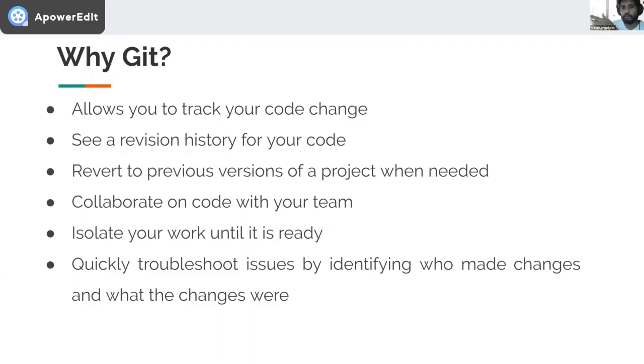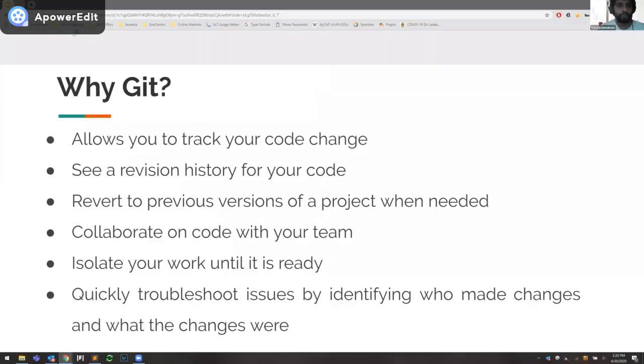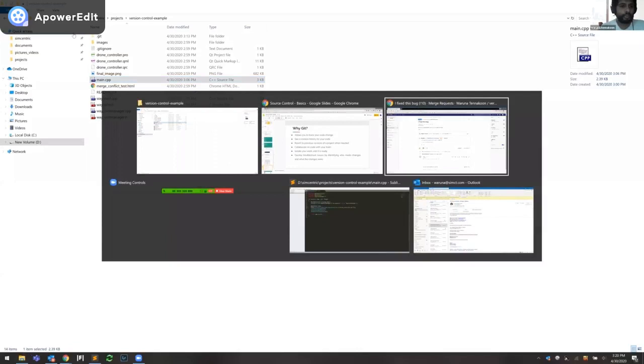So for every change that you do to the code, you create a ticket. In this case, we created an issue in GitLab before starting our work. So you just have to go through the issues, and you have to find out the corresponding commit for that as well. So let me go back quickly to the GitLab interface.